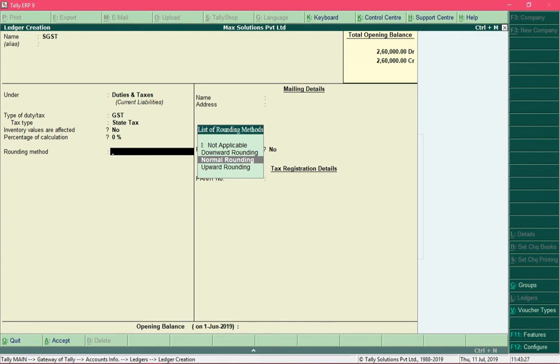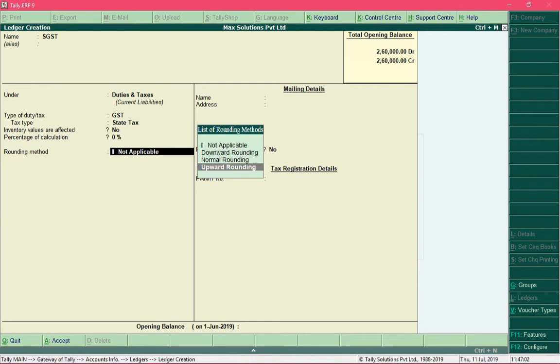For example, if the resulting SGST amount is ₹100 and 20 paise, and you select the rounding method as Downward Rounding, then the resulting GST amount would be ₹100. With downward rounding, the amount will go to a lower level. Earlier it was ₹100 20 paise, and now it would be ₹100.